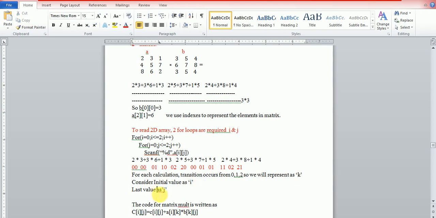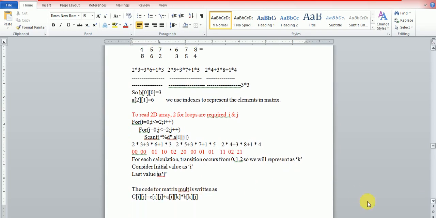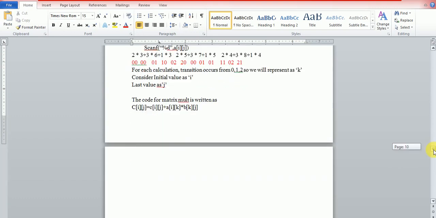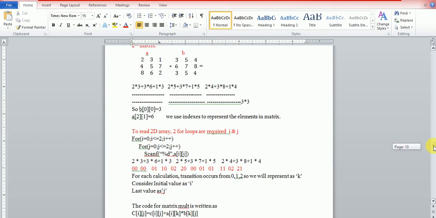So the crux of the code for the matrix multiplication is mentioned below, that is C of i j plus A of i k into B of k j, and whatever the resultant answer we will be getting will be stored in this matrix C of i j, and this we are going to display to the user. So this is the main logic or the main concept behind the matrix multiplication.